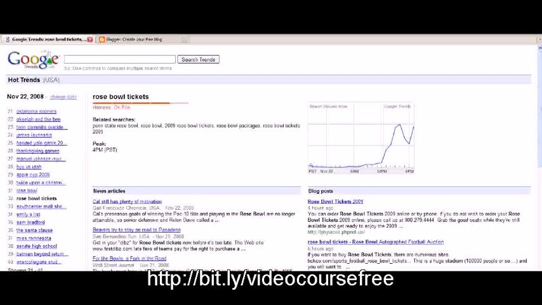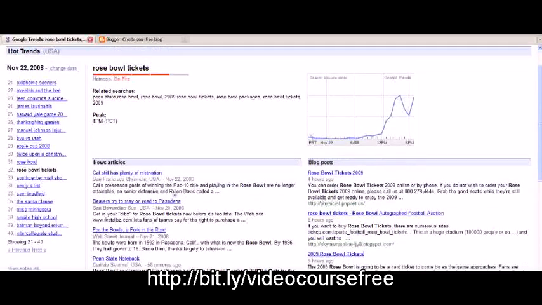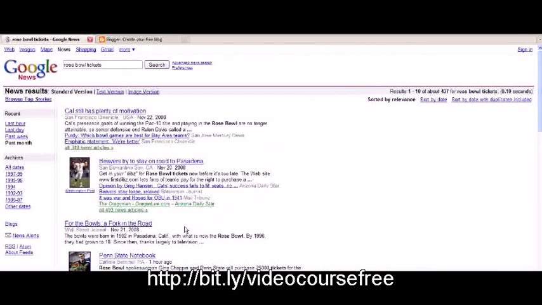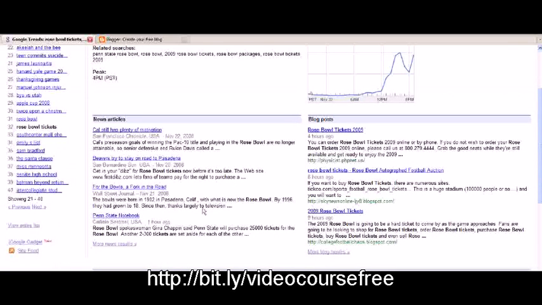Now what we're going to do is come up with some ideas for content, and you can get those ideas from news articles that you see over here on the left side. You could also search here for more news articles, and it would bring up other news articles that potentially could talk about that niche. Now, not all the time are they going to talk about whatever that hot topic is, just because these are so hot and so new that the news maybe hasn't picked up on these yet.